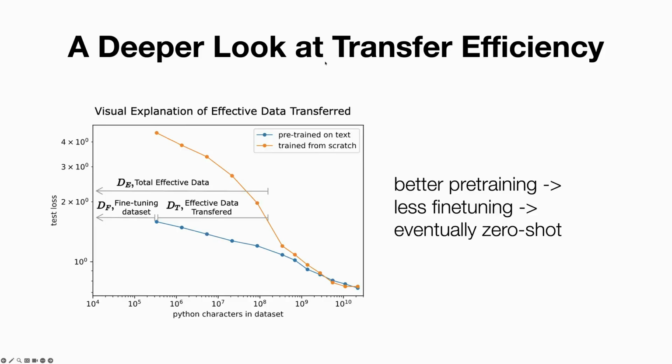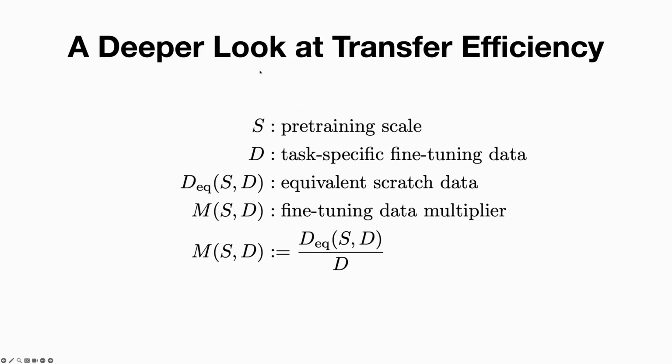What they showed is that if you pre-train on some large data set, then the more data there is in the pre-training, the more effectively it can be fine-tuned to the test data set. And this can be really quantified by how much data. I think they have a great metric.